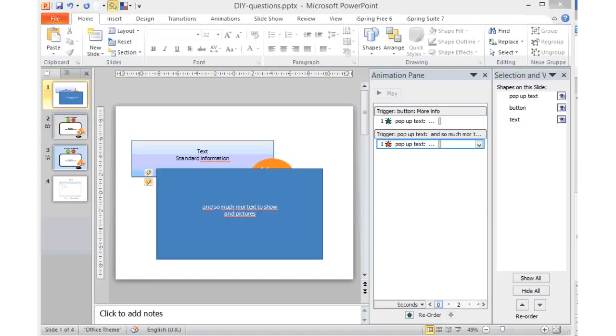Who uses iSpring? Professional content developers, training managers, training consultants, teachers, professors, HR specialists. And here you can see what happens to PowerPoint if you install iSpring Suite. You get a new ribbon, and this allows you to preview what you did, and publish. There's a presentation explorer. The explorer can help you to do things which you can do in Moodle with the